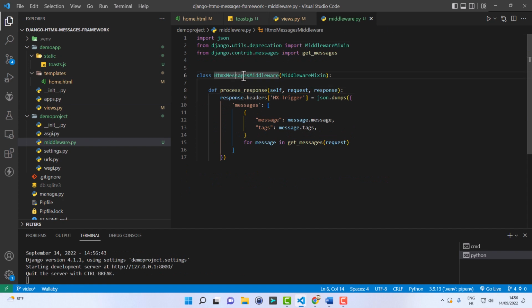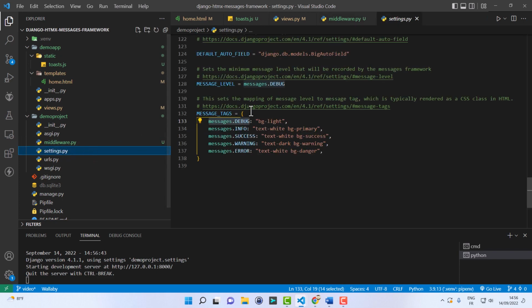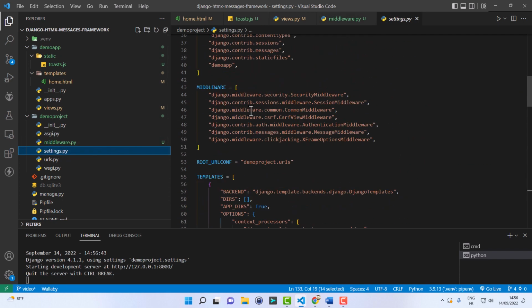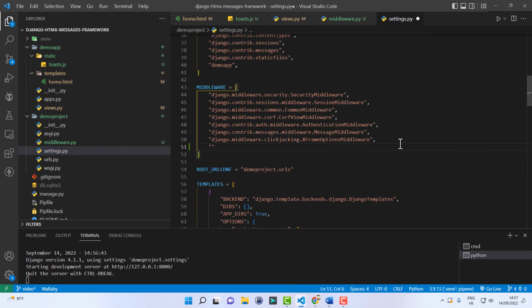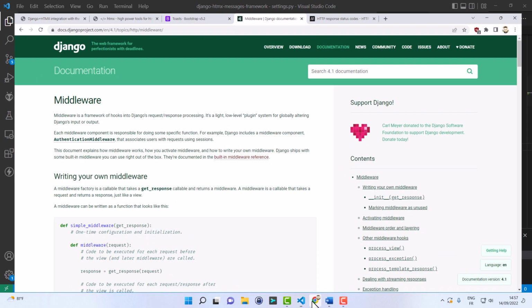All we need to do now is to inform Django that it has to use this new middleware, and this is done in the settings, in the MIDDLEWARE option here. Let's add our new middleware. It's in demo_project.middleware.HtmxMessagesMiddleware. Let's check that everything is saved indeed.